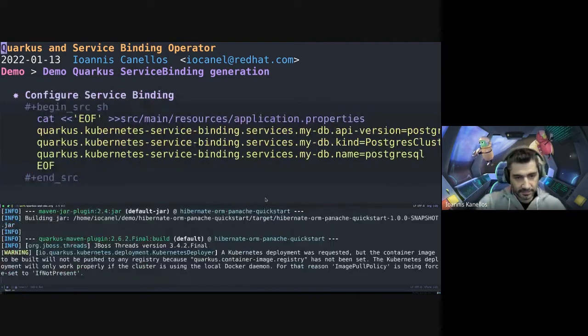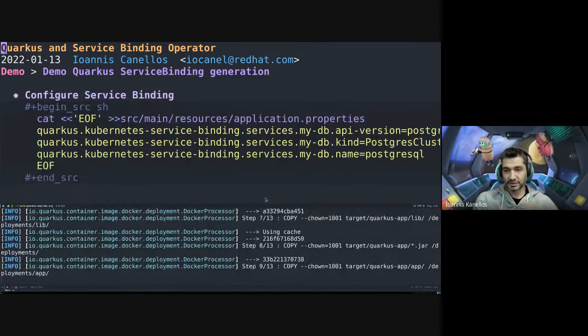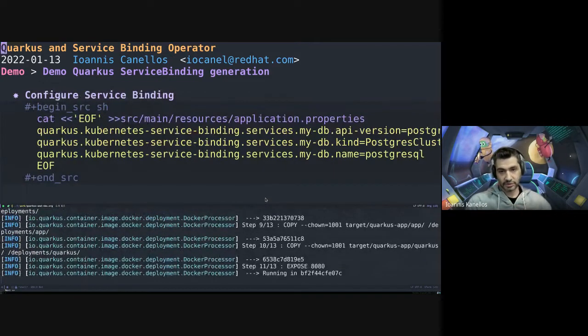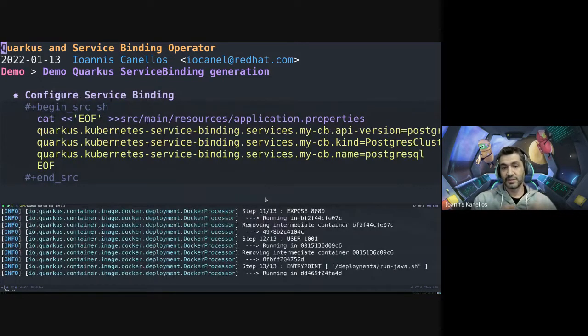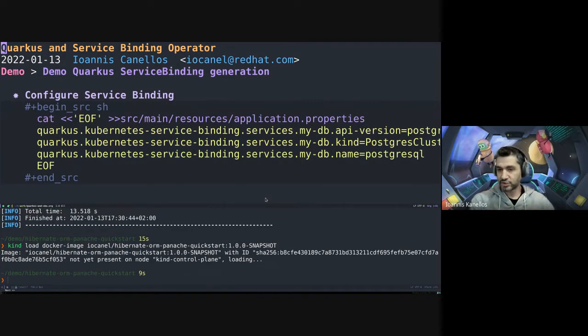The final step is to proceed with the service binding related configuration. In order to have the Kubernetes service binding extension generate the service binding resource for me, I need to provide a minimal configuration, and that configuration is pretty much the coordinates to the Postgres cluster resource that I showed in one of the previous slides. So I need to specify